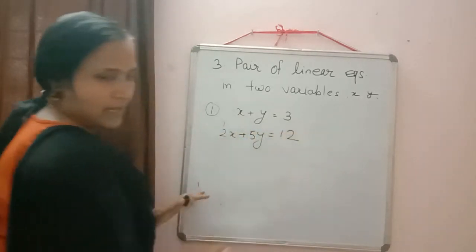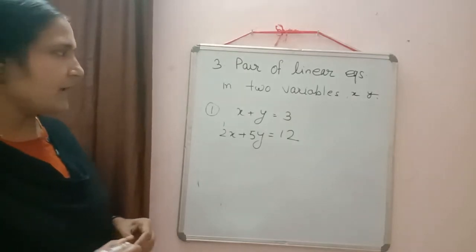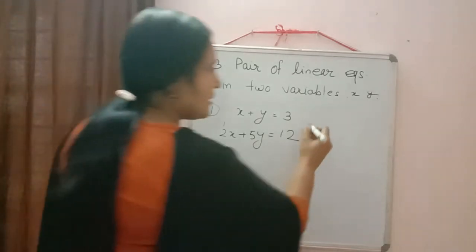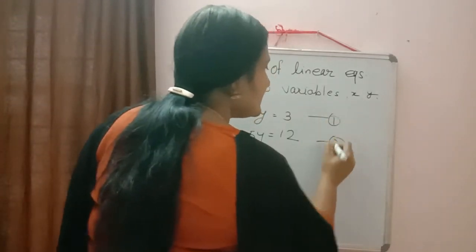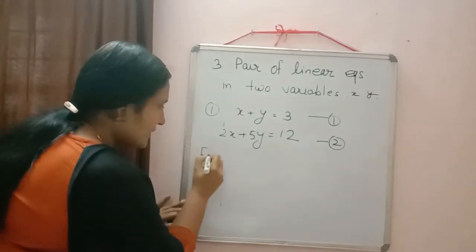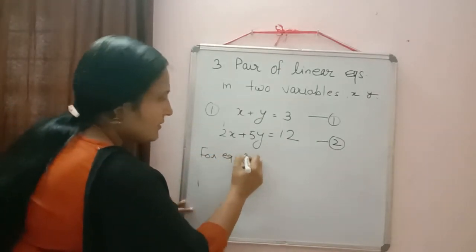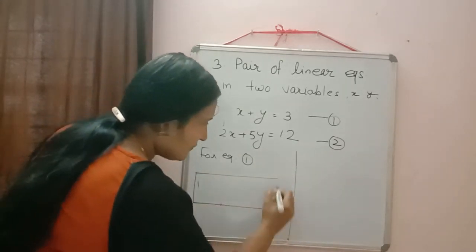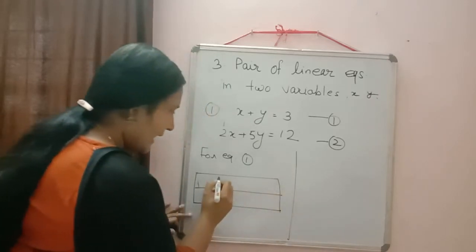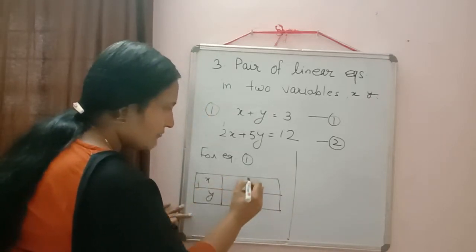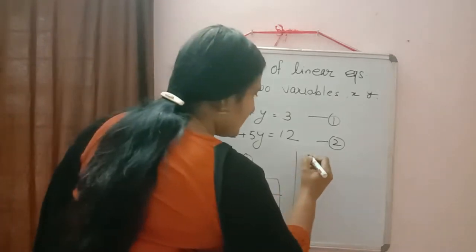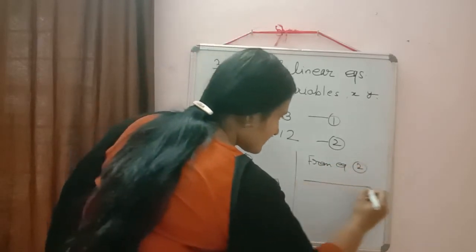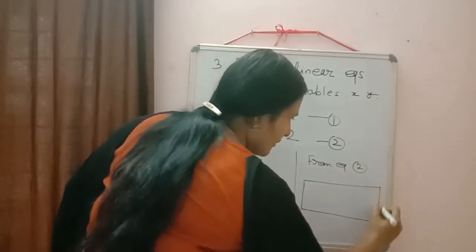is equal to 12. So first what we have to do, we have to draw the graph for both the equation. So to draw the graph for equation 1 and equation 2, we can draw the table first. So first I am drawing the table for equation 1. So here points are not given, so we have to plot the points. And always it will be easy to take the point as x equal to 0 and second point we will take as y is equal to 0. We will not take any other point unless it is required. Only 2 points will be enough to draw the graph.